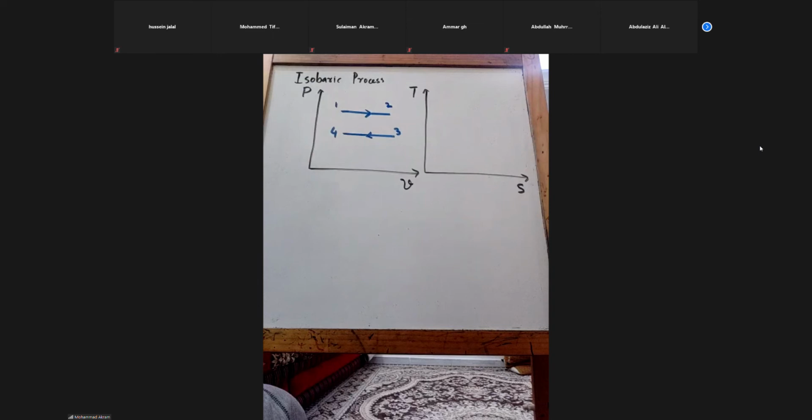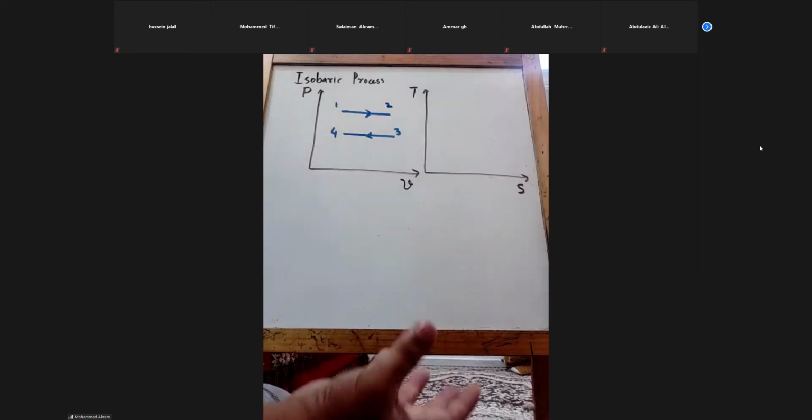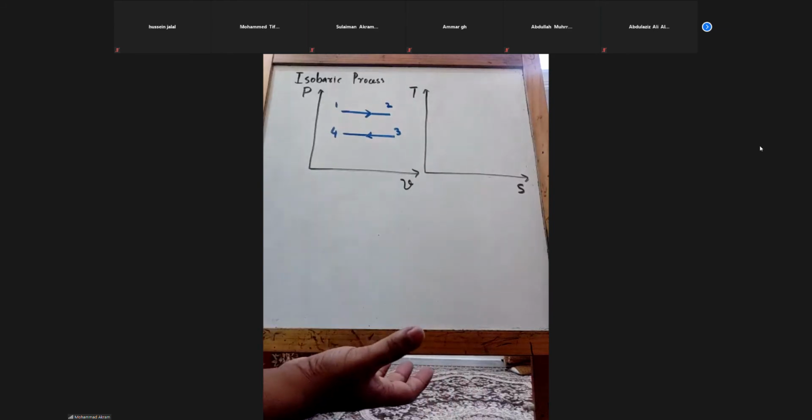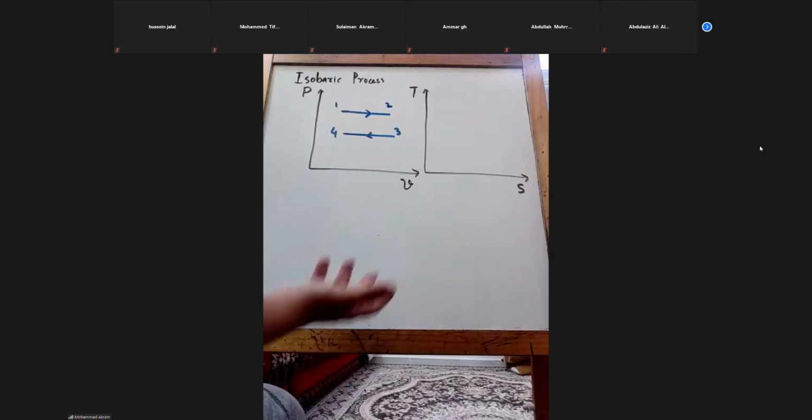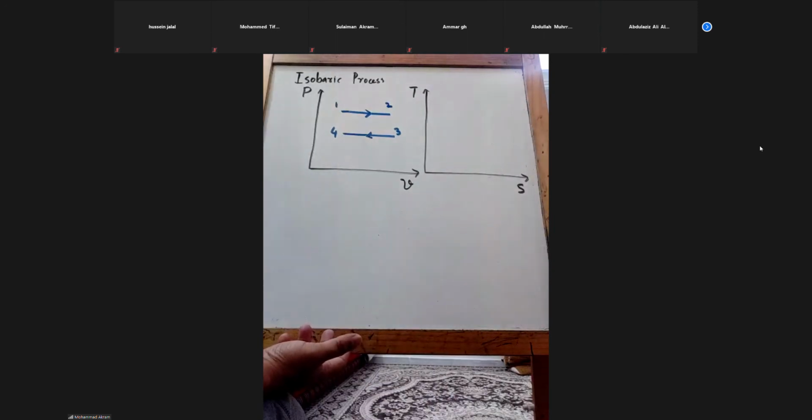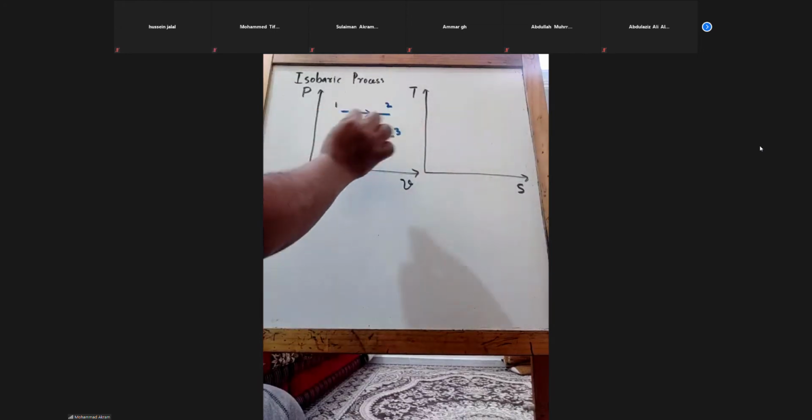The temperature changes, but how does it change, decreasing or increasing? Increasing, right? I gave the example of ice cream or boiling of water. You take any example: at constant pressure, if you heat, then its volume will increase, right? Now volume is increasing, temperature is also increasing.